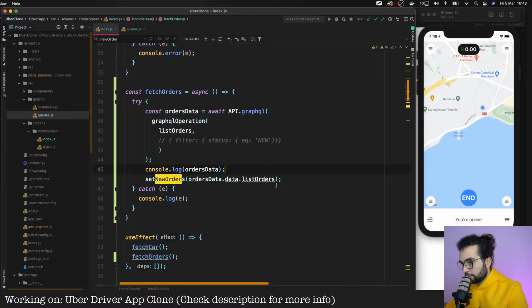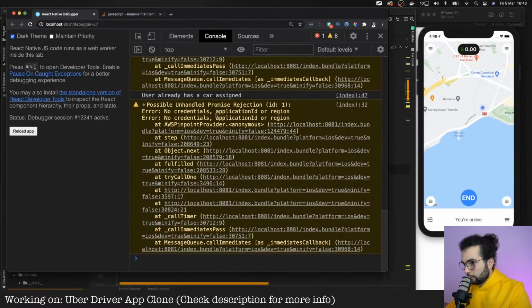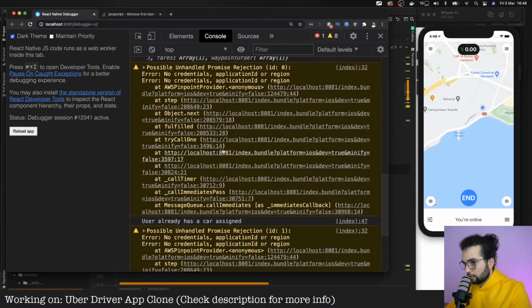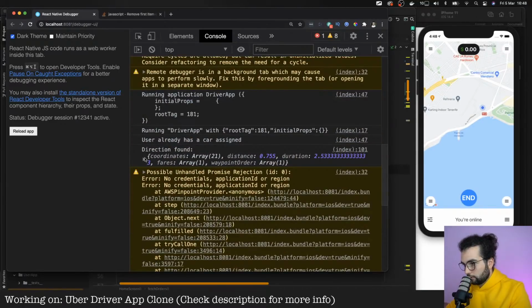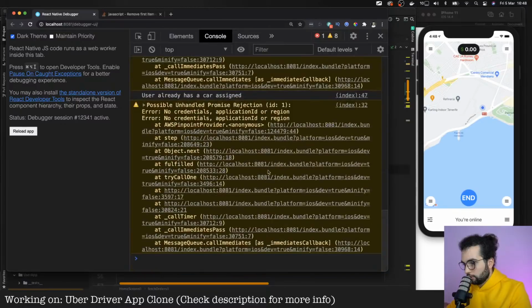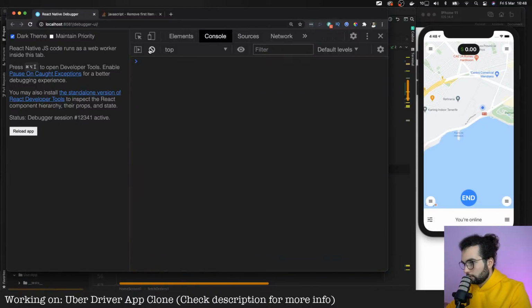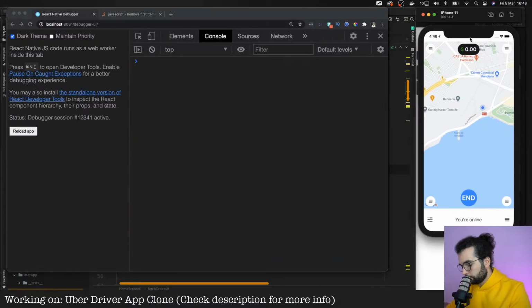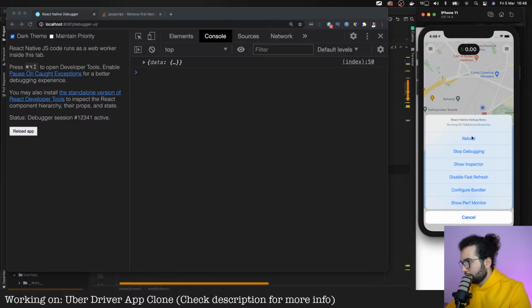Maybe indeed there are no orders in the database. Maybe. Where is it? Not here. Come on. Come on. Reload.